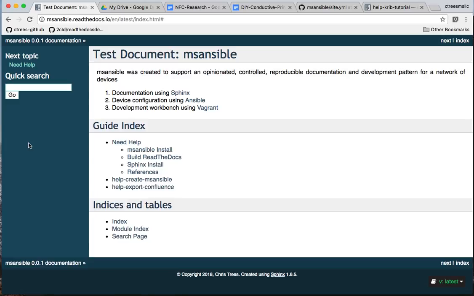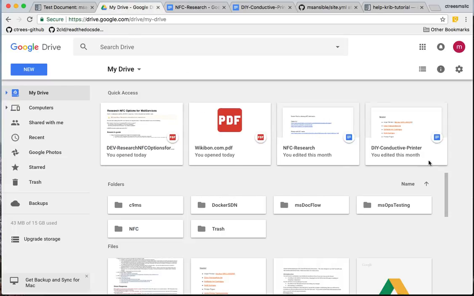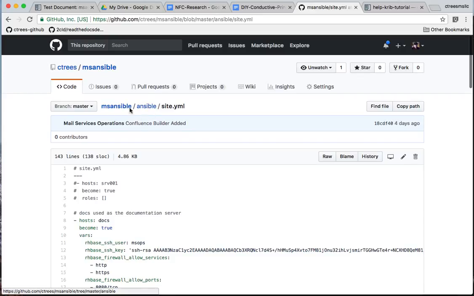Okay, so that's NFC2. I just wanted to automate my document push because truthfully I have to. There's a whole bunch of documentation out here that I already have that we have to decide whether we want to push internally or not. And my pattern is I have a GitHub repo, and this is for anything that's not sensitive. That's basically I'm pulling from the community, and I can create a GitHub repo that has